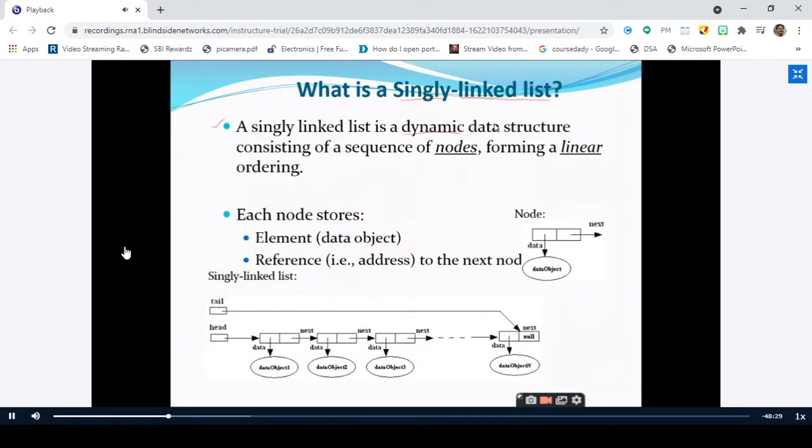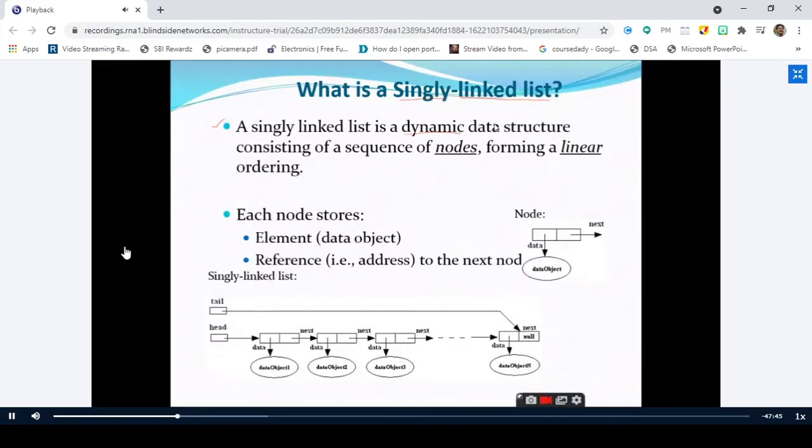But in the first class itself, while discussing the classification of data structures, I mentioned clearly that the linked list data structure cannot be categorized as a linear data structure. We say that it is neither a linear data structure nor a nonlinear data structure. But since we need to categorize data structures into either linear or nonlinear, we categorize this linked list as a linear data structure. We'll see within a few minutes why it is not treated as a linear data structure and why it cannot be treated as a nonlinear data structure. Is it clear?